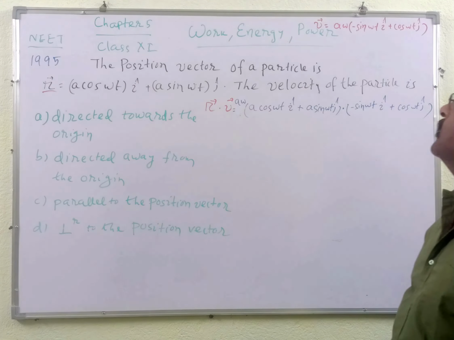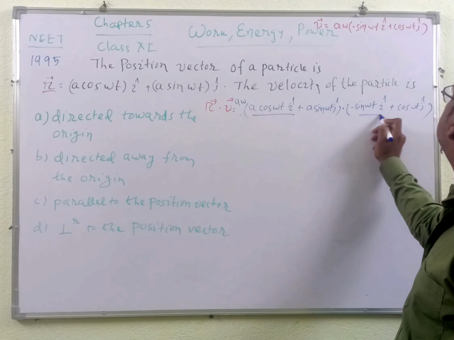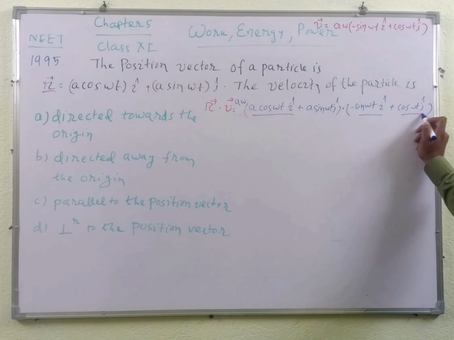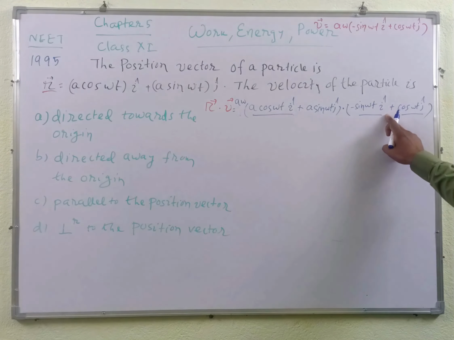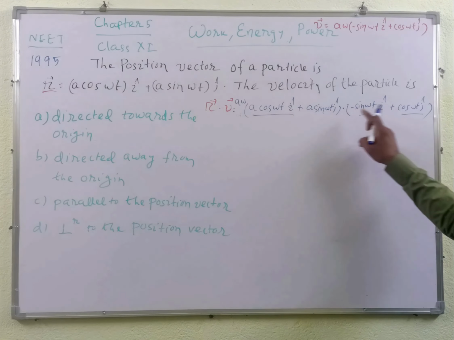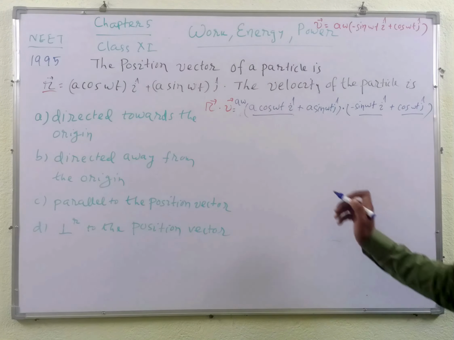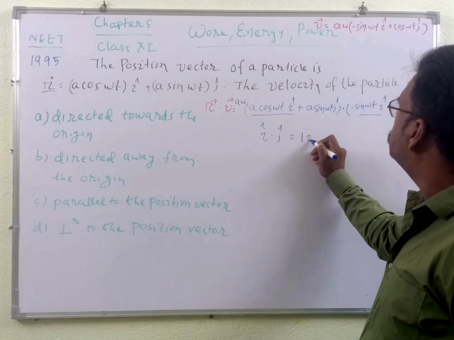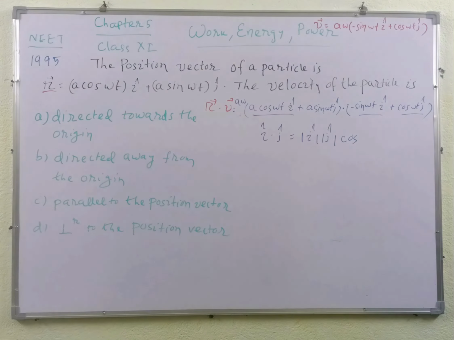Okay, student. And there will be four terms. One term, this will multiply with this, giving rise to one i dot i term. Then this term will multiply with this, this will be an i dot j term. Secondly, this j cap term will multiply with this i cap, there will be a j cap dot i cap term, and there will be a j cap dot j cap term. There will be four terms. And what is i dot j, student? i cap dot j cap, we know that is mod i, mod j, and cosine of the angle between i and j. What is the angle between i and j?